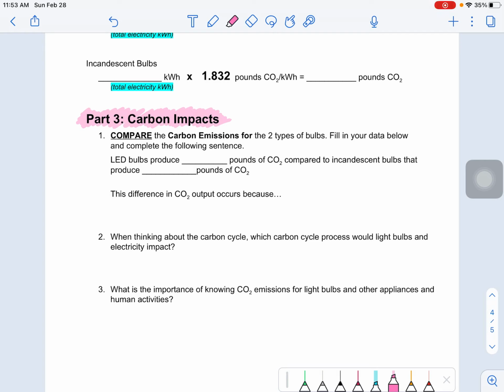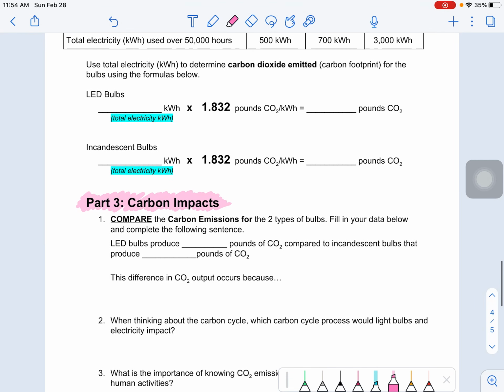So far in parts 1 and 2, you've looked at some of the basic details of light bulbs and then expanded it to look at their lifespan data. Because it's not just how much the light bulb costs off the shelf, but how much energy it uses for its lifetime, and how much that lifetime energy impacts not only your home and your costs, but also the earth. As you finished up part 2, you ended with a calculation of the amount of CO2 in the atmosphere. What we're doing here in part 3 is comparing that and really thinking about